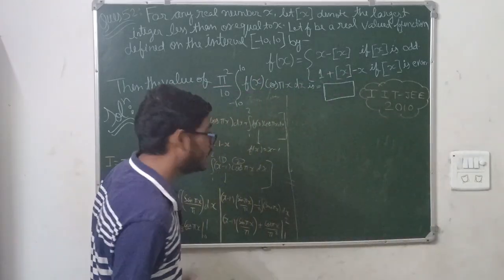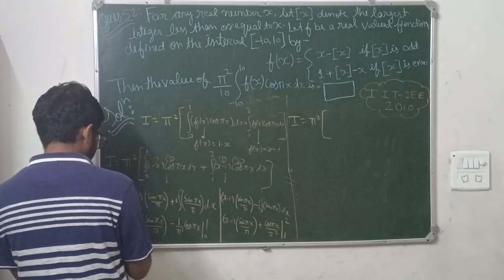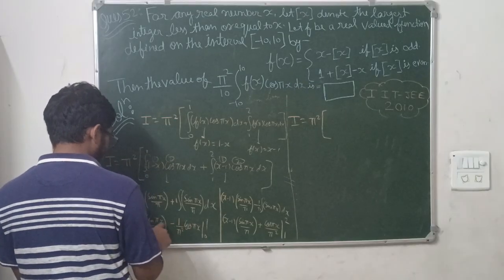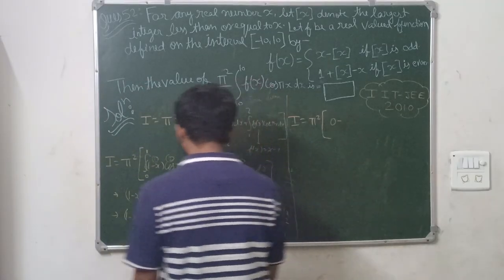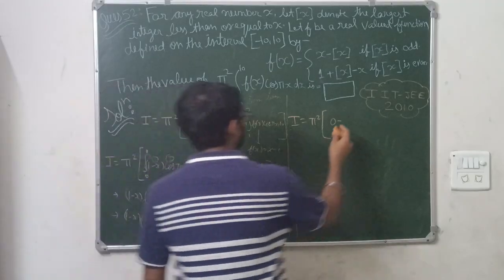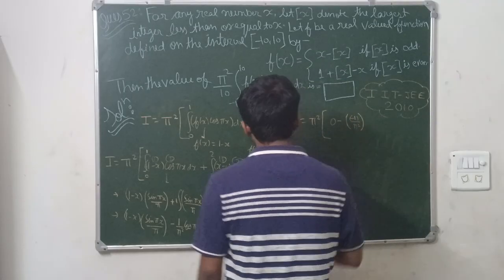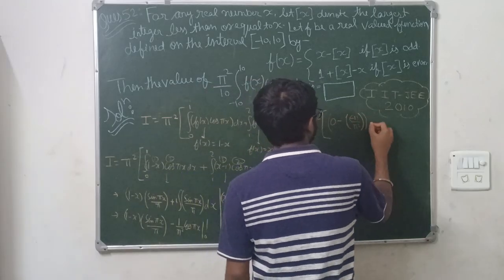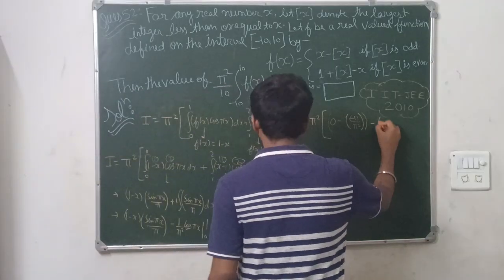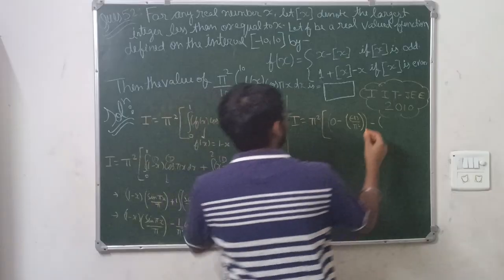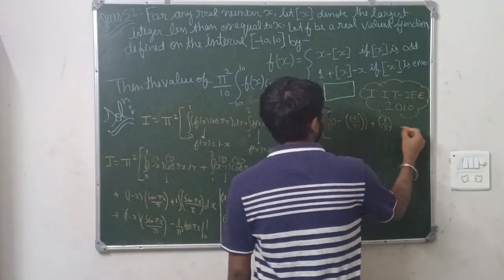Now substituting the limits here. So what would be I left? Pi squared. Substitute the limits. You put 1, so this whole is 0. And minus of, cos pi is minus 1, so it will be cos pi is minus 1 by pi squared. And for the second one, minus of, you substitute the limit as 0, so this whole will be 0, and cos 0 is 1, and minus minus plus 1 by pi squared. This will be for the first one, and for the second one you have to just add it.